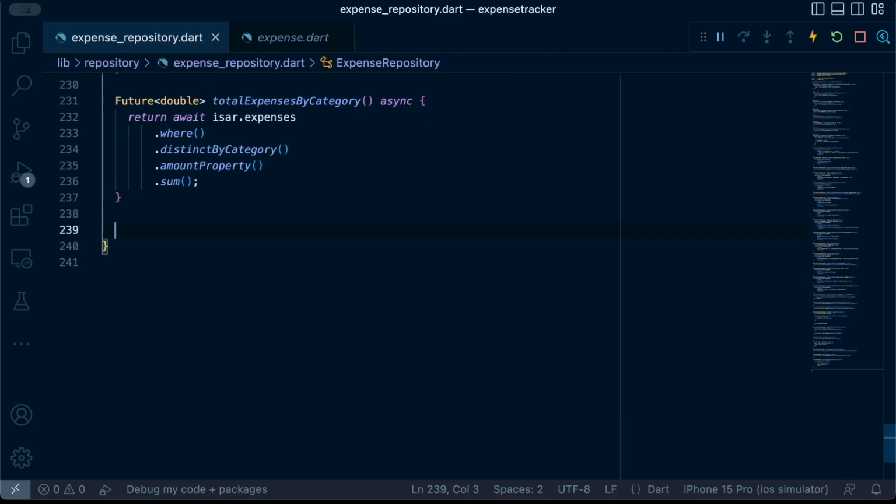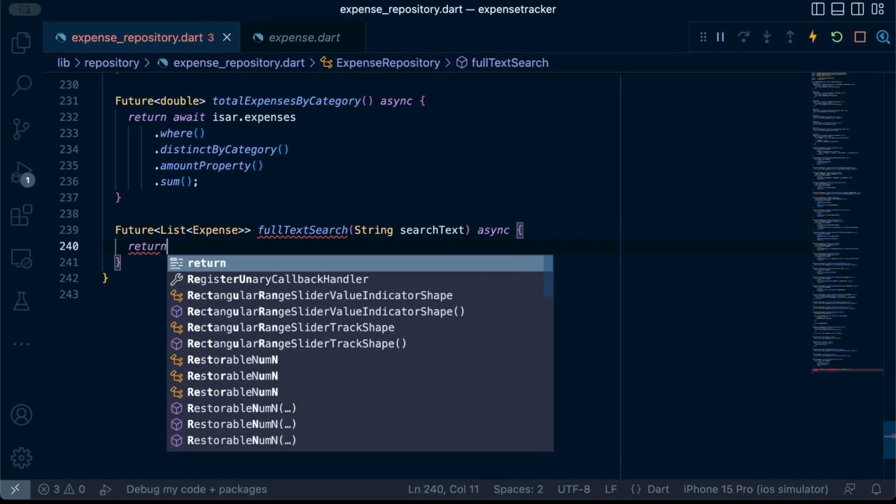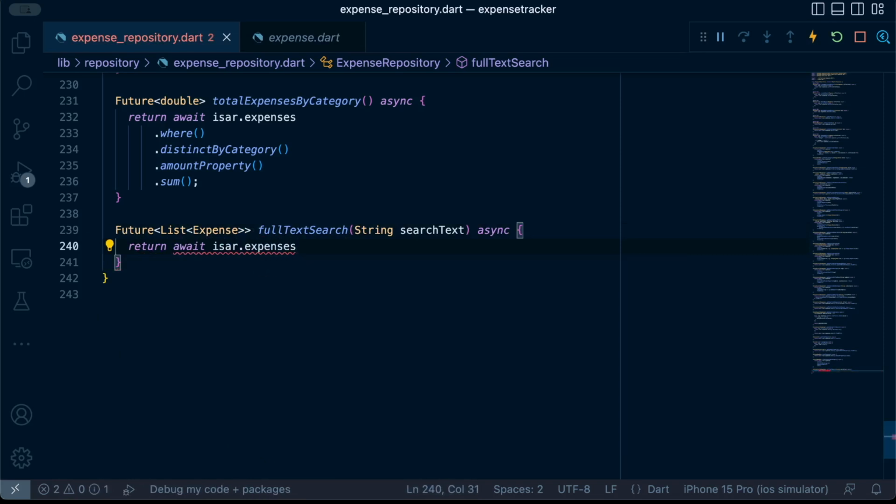That's what we have done with that function. So it will return for us a list of the sums for the categories. Then we have the important functionality for full text search, where the user passes a search text, and what we do,